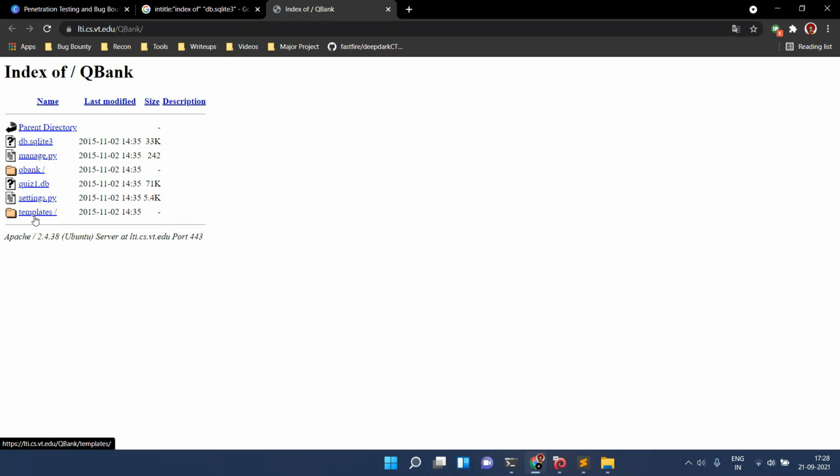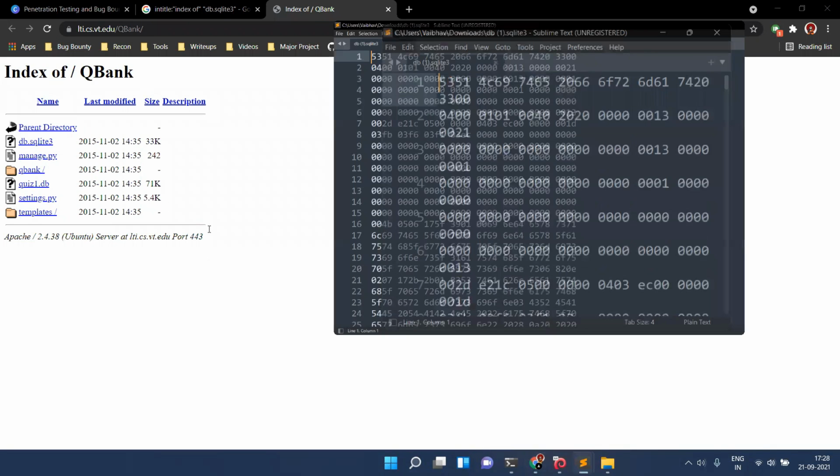Manage.py, settings.py, templates. This website can be built on Django, either Django or Flask, because those have these folders. Again, db.sqlite3: I can download this, and once I download it, I will have the access.